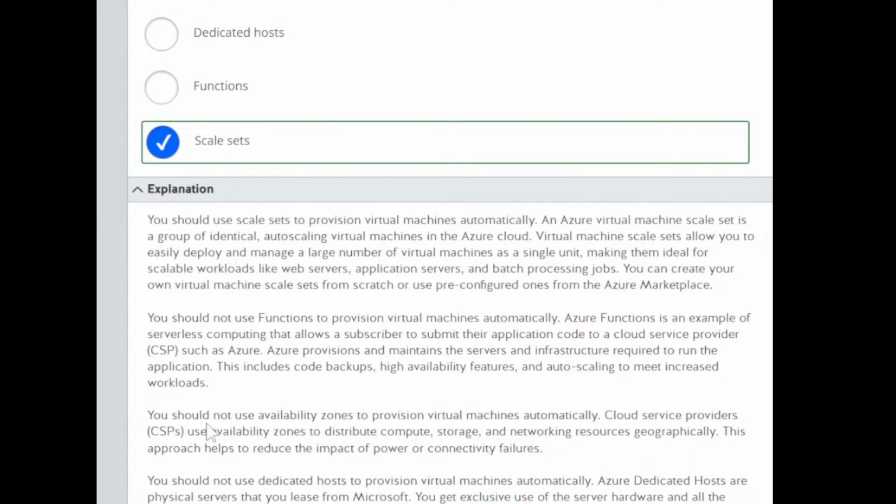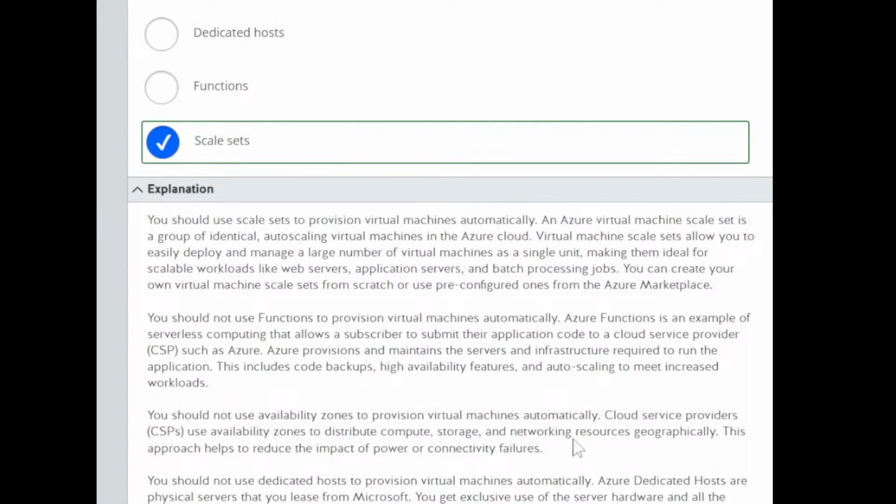Anyways. Okay, next. You should not use availability zones to provision virtual machines automatically. Cloud service providers, CSPs, use availability zones to distribute compute, storage, and networking resources geographically. Okay? Anong sabihin nun?